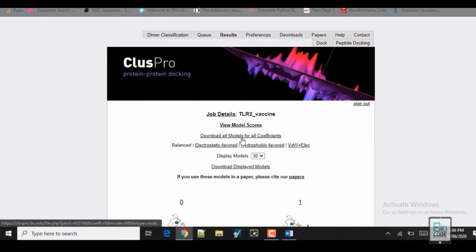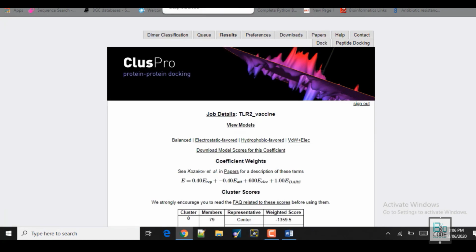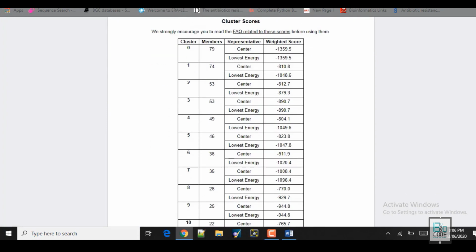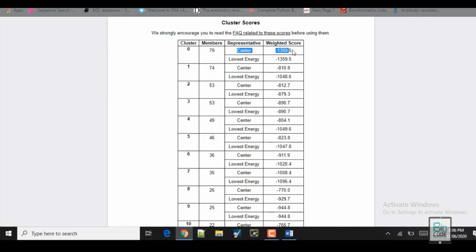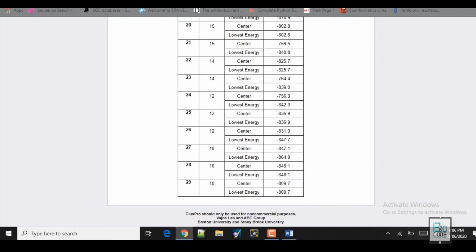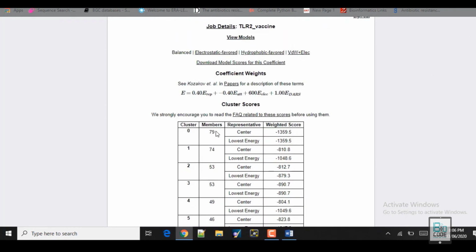Now we will click on view model scores. In view model scores, you see this table, with a center score of minus 1359.5 and a lowest energy score of minus 1359.5, in each of the clusters that have a center and lowest score. Here we prefer those complexes that have the highest number